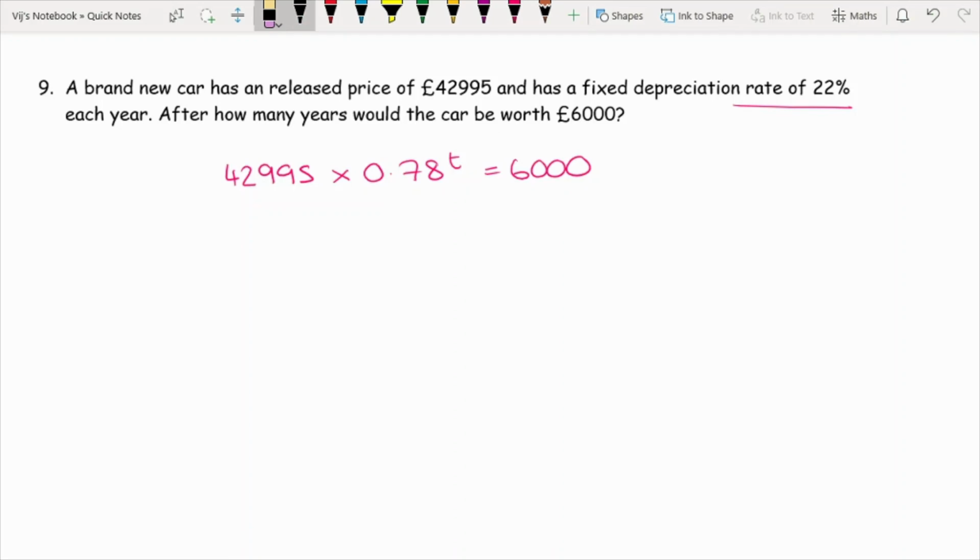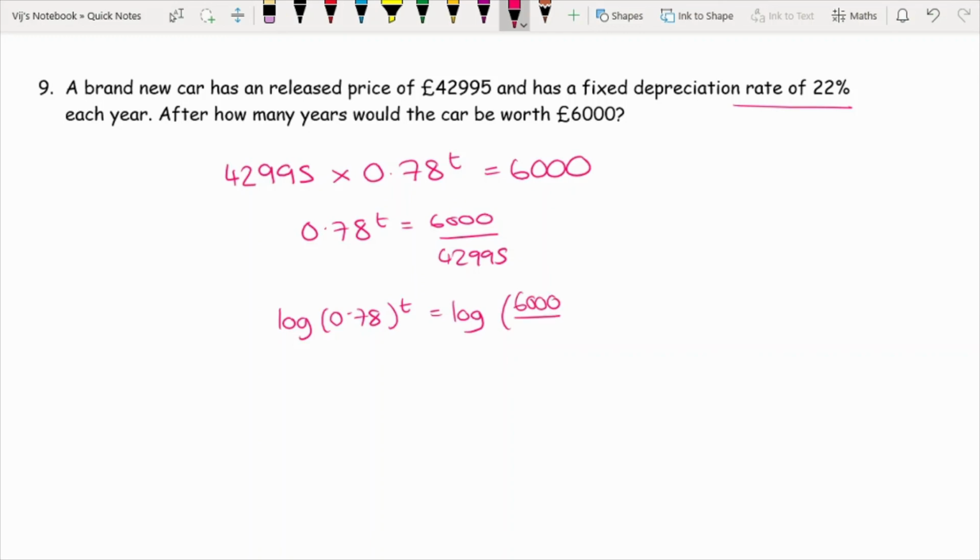But as it isn't, I'm just going to get rid of that. So now what we want to do is take the 42995 over to the other side, so we get 6,000 over 42995. I then take the log of both sides, and then if I take the t to the front, so I get t log 0.78 equals that, and then take this over to the side, so I get t equals log